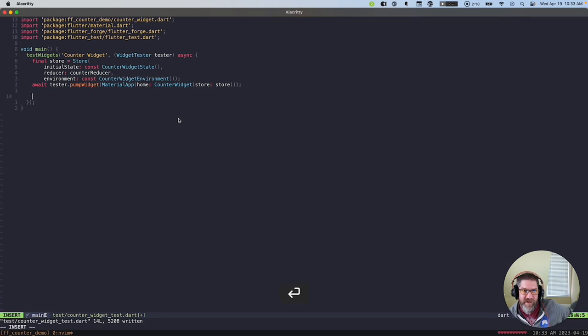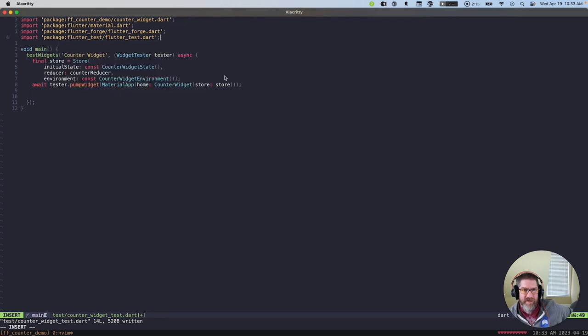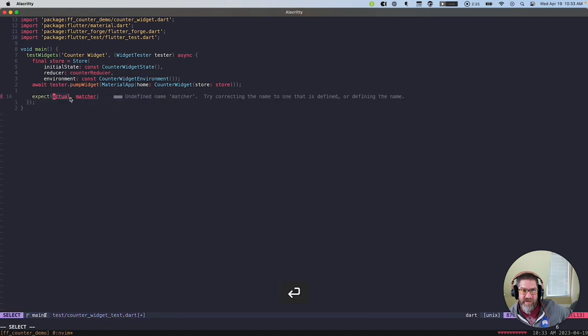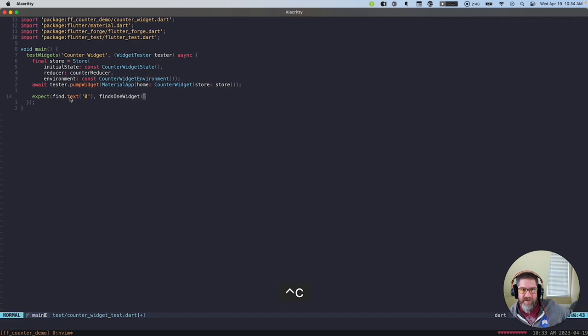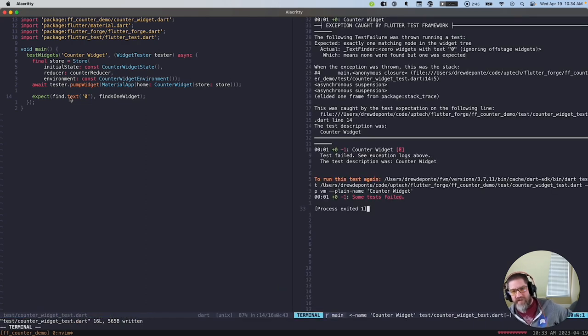So now we need to start adding a little more to our test. We need to evolve our test. So to evolve our test, we need to first think about what we want to actually verify, and what is the initial state that the component should be in before we take any actions. And so that's what we're adding this expectation for right now: we're expecting that it should start with a 0 for the count. And so we're expecting that we find exactly one widget with 0, and it fails